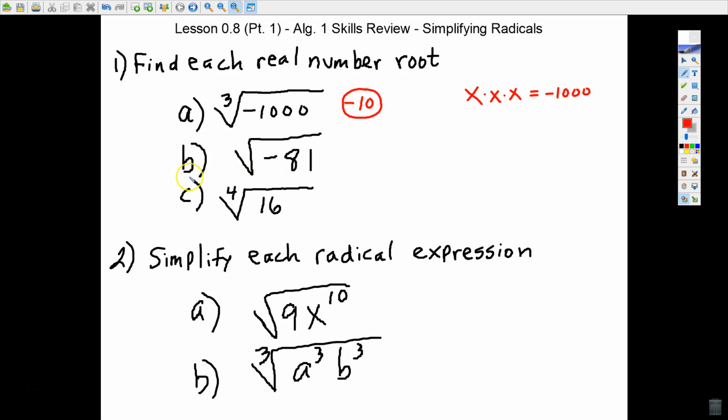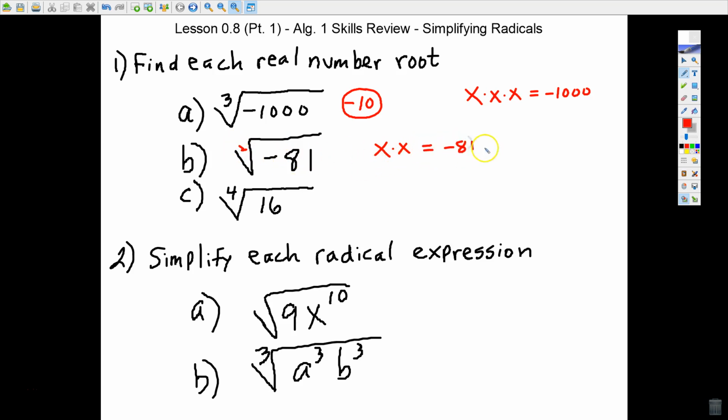All right, so now let's move on to letter B. If you're looking at a radical and there is no number, this is called the index. We usually call it the root. If the root is not showing, it's understood that there's a 2 there. It indicates a square root. So letter B means we're looking for a number when multiplied by itself, just 2 times, and we should get